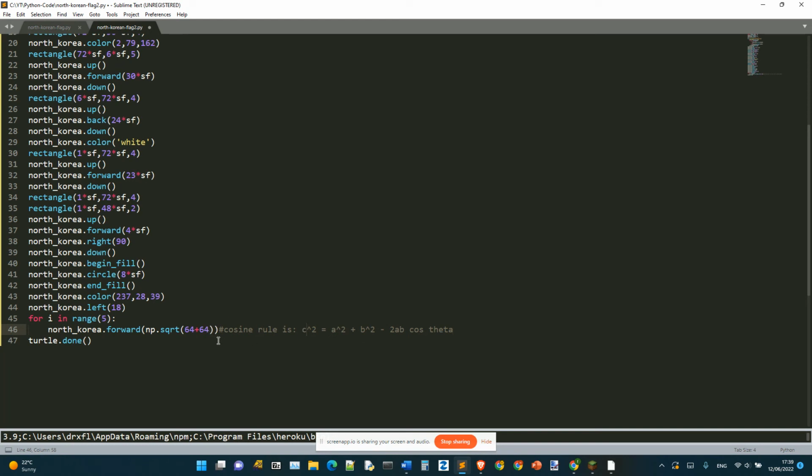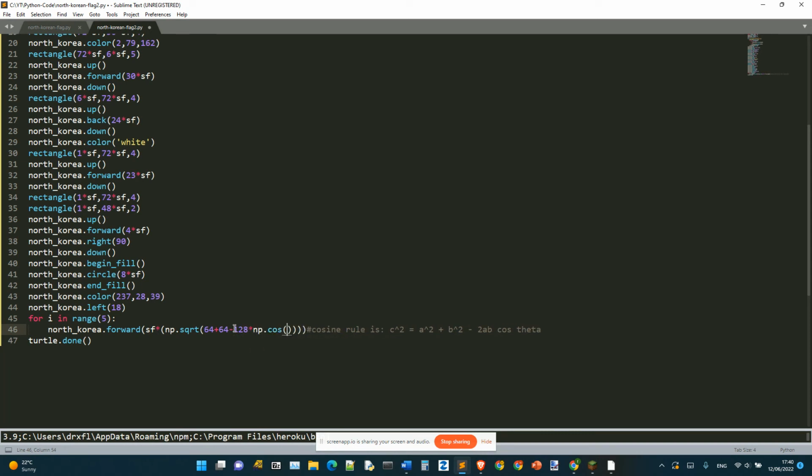So c squared is the length that we want to go forward by, squared. So we need to do the square root of it. So 64 plus 64, and we also need to times the whole thing by the scale factor, because I want the final result times the scale factor, not just the first part. So 64 plus 64 minus 2ab, that's 2 times 8 times 8, which is 128, times np dot